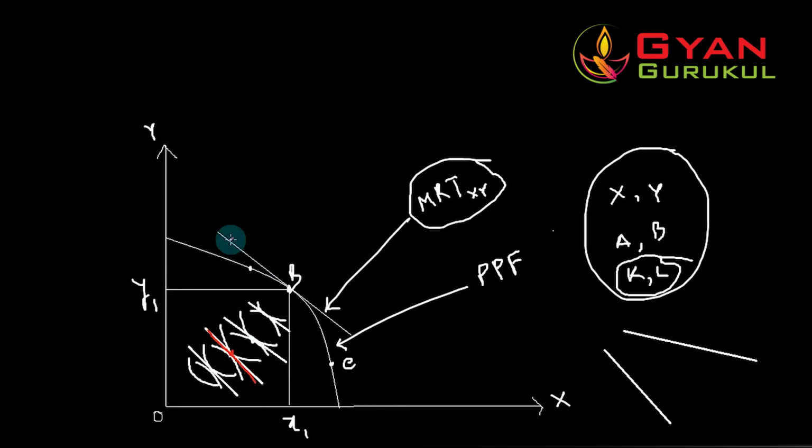Okay, this is parallel to this particular line. Let us suppose this is parallel to this line. Now what does it mean? If the two curves are parallel, that means the slope at this point, let's denote this point as point F, is equal to the slope at point B. If the straight line drawn through point F is parallel to the straight line here, then the slope at point F is equal to the slope at point B, right?